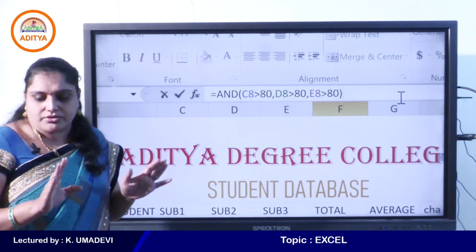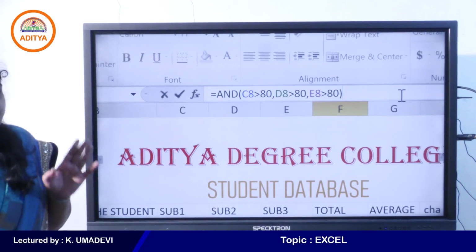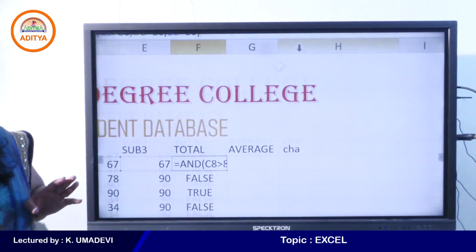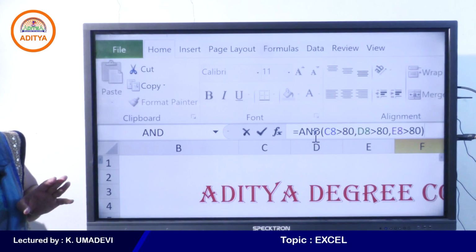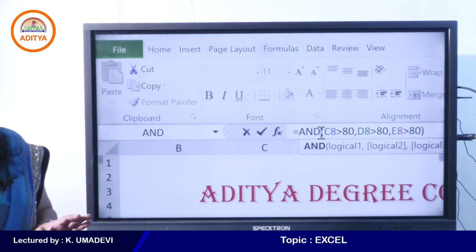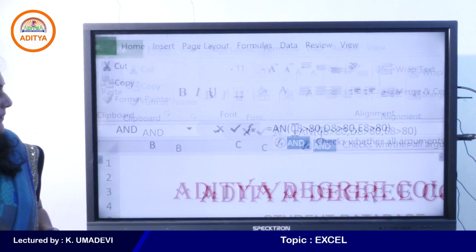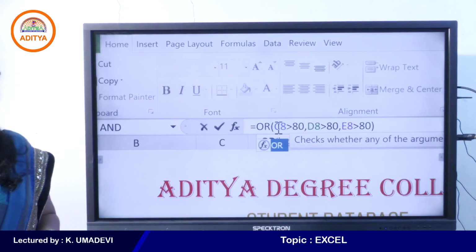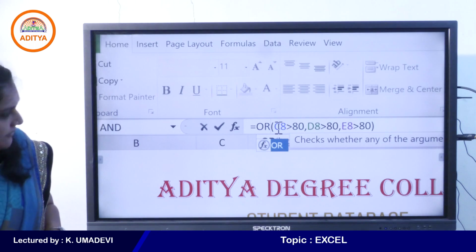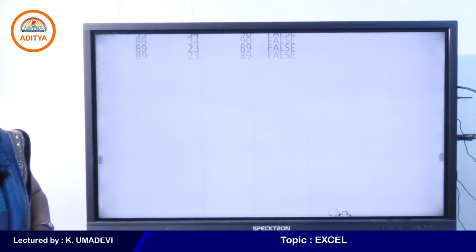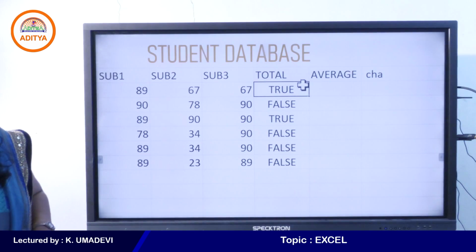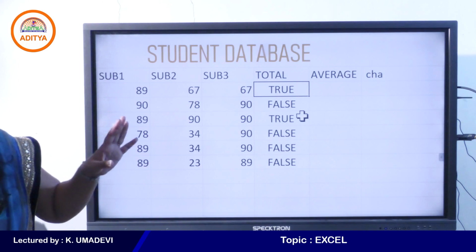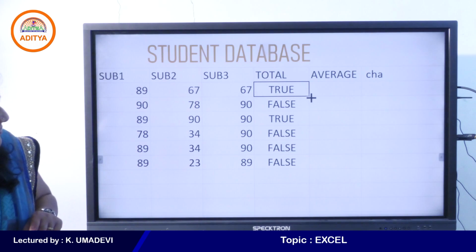So now I'll just change AND function to OR. Just observe carefully. OR. Okay, press enter. So now I am using OR function, right, students?